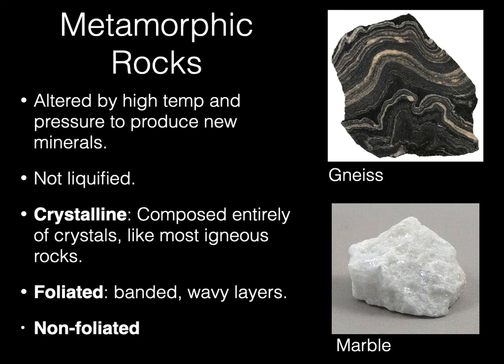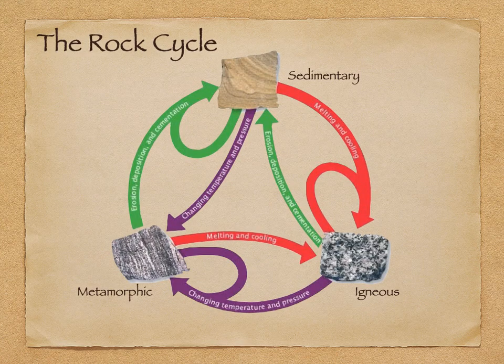Okay, here's the rock cycle. There it is. So if you want to fill that last question out, here's the 3 types of rocks if you haven't already. Metamorphic, sedimentary, igneous. You know how they form. In fact, it's written right on here. Notice the arrows. Any one kind of rock can turn into the other rock.